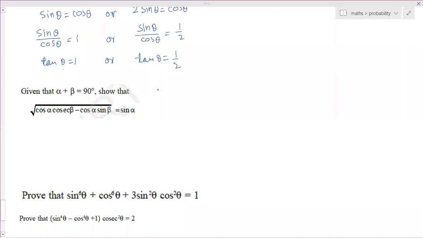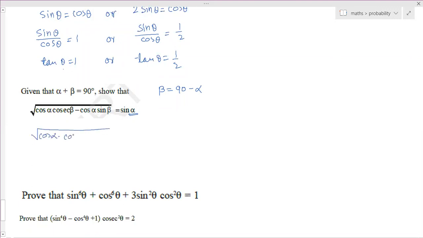So they have given relation alpha plus beta is equal to 90. Find the value of beta as 90 minus alpha. Only one, not both of them. So value of beta is 90 minus alpha. Why we are doing? Because on the RHS we need only alpha. So we have to replace beta with 90 minus alpha. So we will get